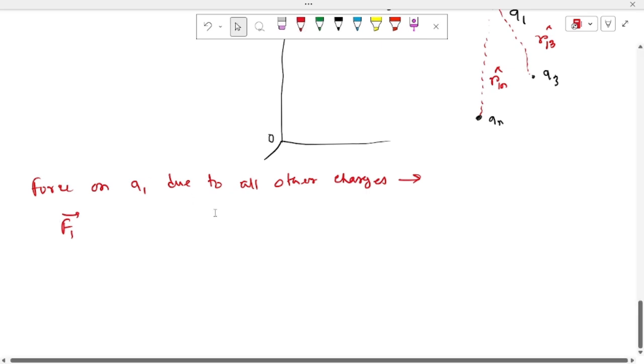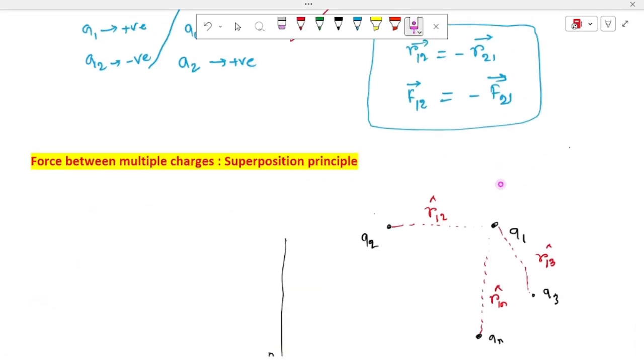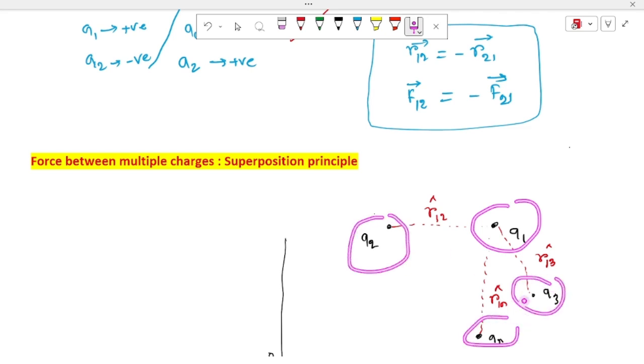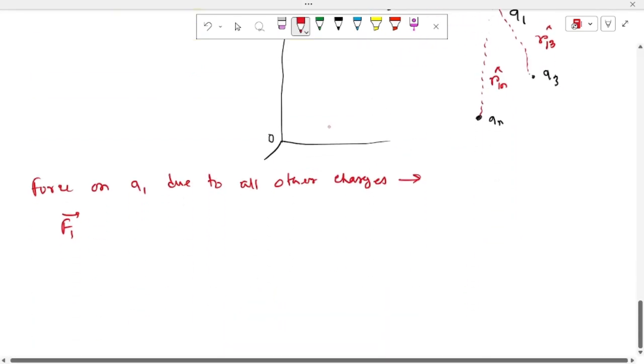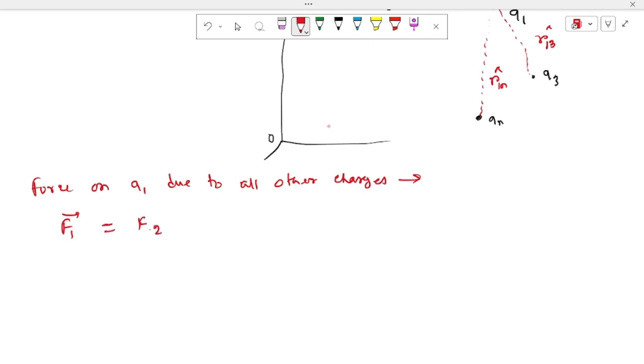So the force on the charge Q1 due to all other charges, so due to Q2, due to Q3, due to Qnth, will be equal to force due to 2 in 1, in this way,